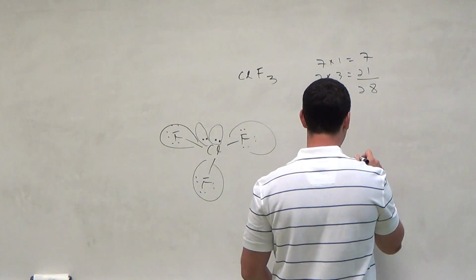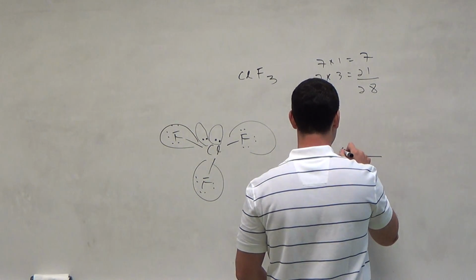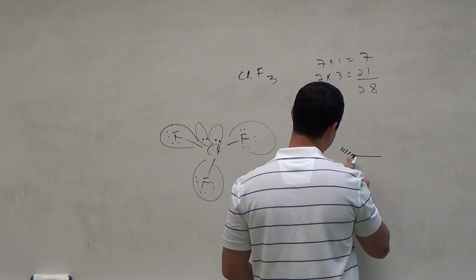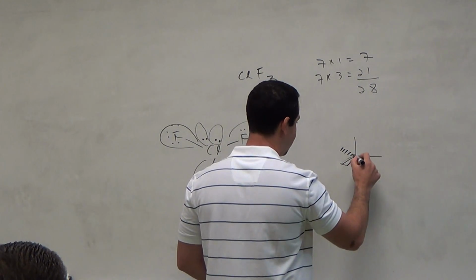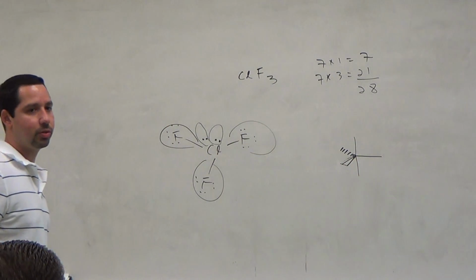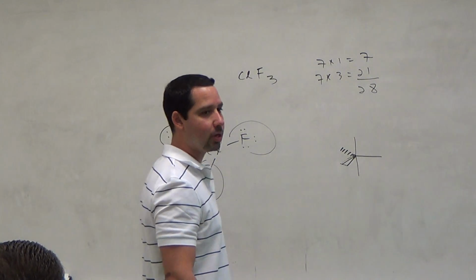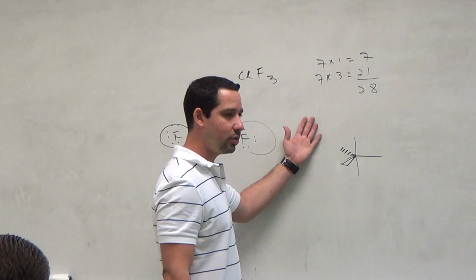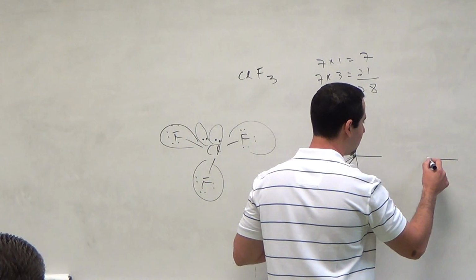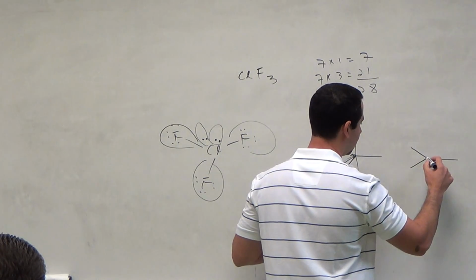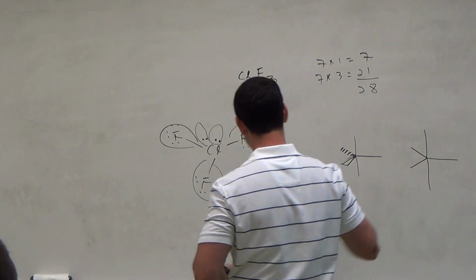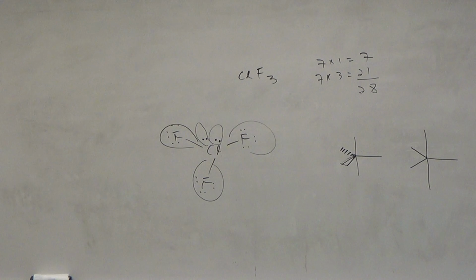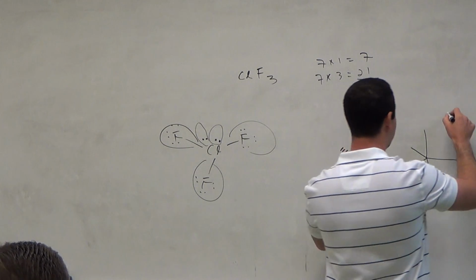And this is how it looks, yes? This one is going towards the back. I could have drawn this like this, yes? These 3 are in the same plane. This is like trigonal planar with something going up and something going down. This is called electron geometry, trigonal